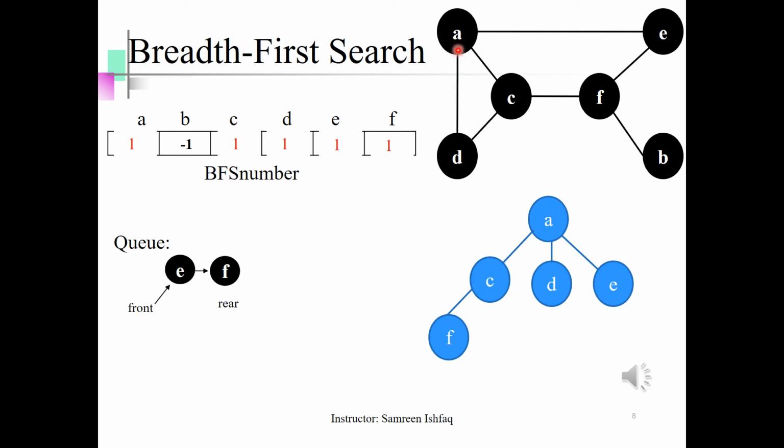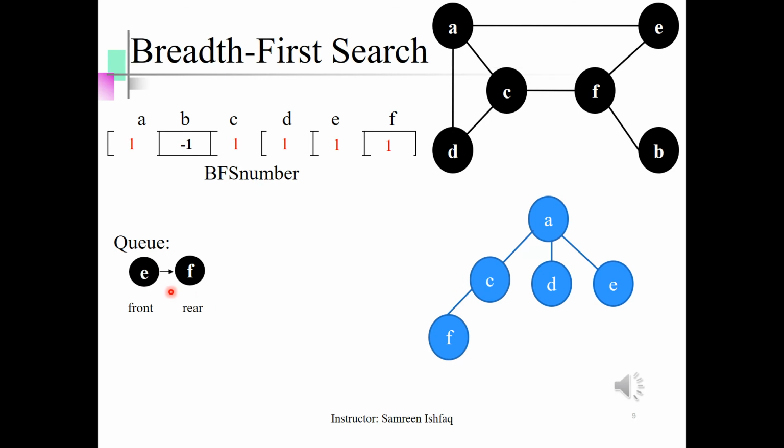From D to A there is a direct edge but A is visited. From D to B no direct edge. From D to C direct edge but C is also a visited node. From D to D no self loop and D is also visited. From D to E there is no direct edge. And from D to F, no direct edge. We have checked all of its neighbors. All of the neighbors of D become a dead end. Now we will move forward toward the next vertex, that is E.